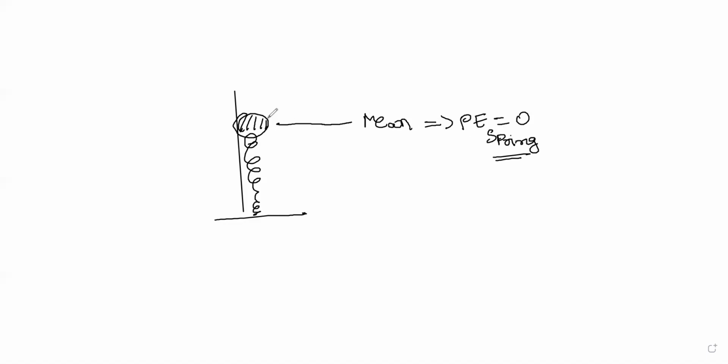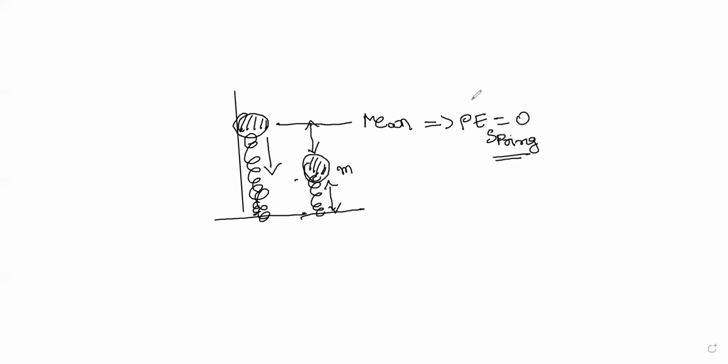And now we compress the spring. He said we have compressed the spring, that is position number 2 I'm drawing. We compress the spring to some extent. Let us say M is the mass, and we compress the spring downwards. The spring is compressed to a length of what does it say?